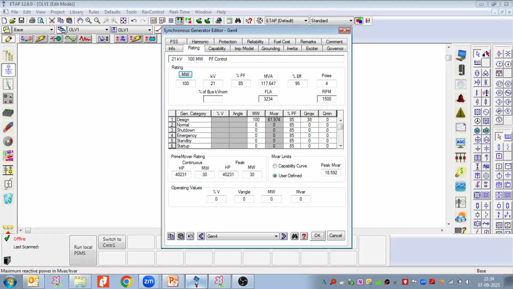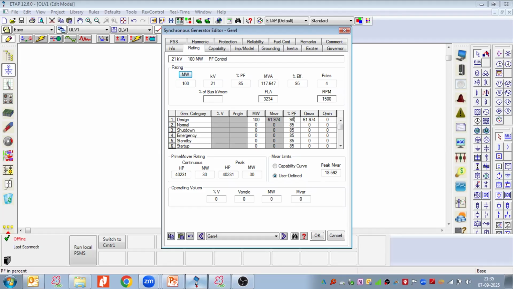So 30 I have to change, and I have to mention 61.974. It is my Q maximum value. Now suppose I'm taking this generator, the maximum power factor is 95%. Please correlate this maximum power factor and minimum power factor with my phasor diagram to understand that Qmax